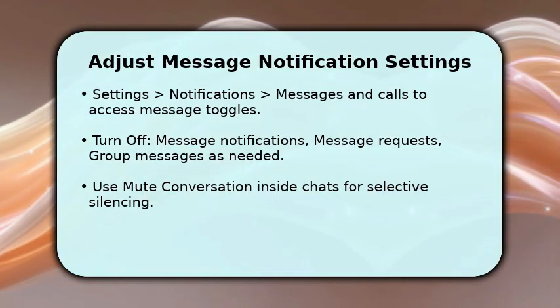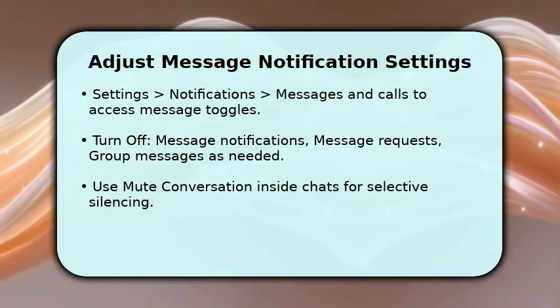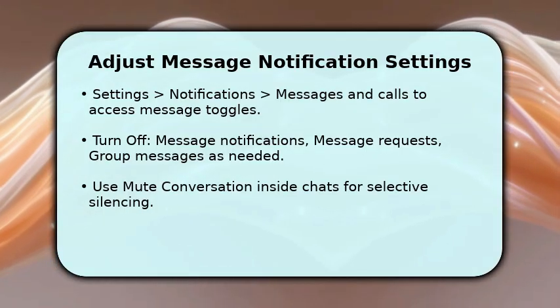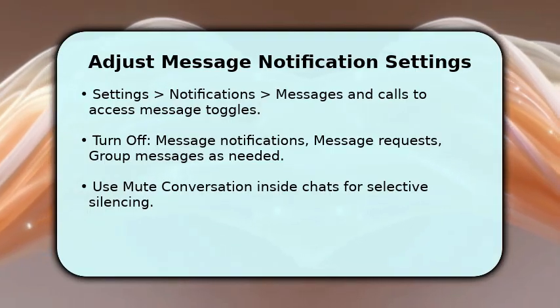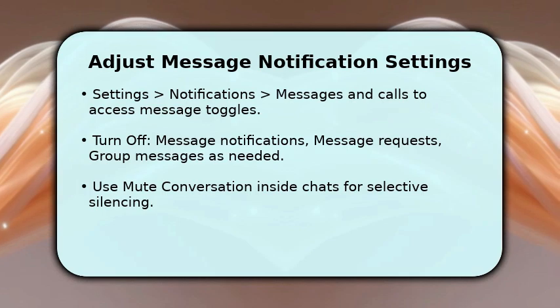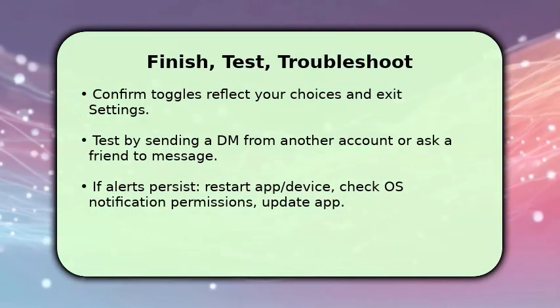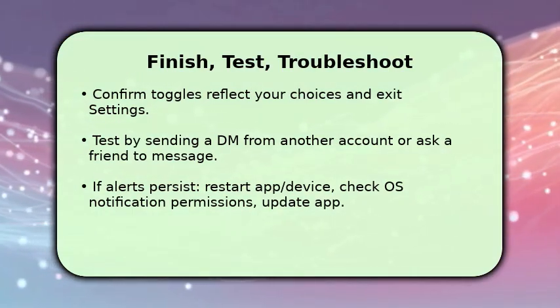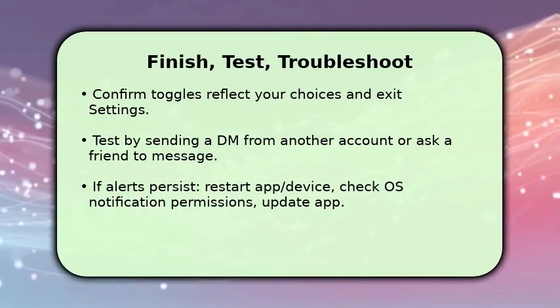Make sure to consider message previews if privacy is a concern. Turning previews off keeps content hidden on the lock screen. Finish by reviewing each toggle to confirm they are off, then exit Settings. You should test by having a friend send a DM or using a secondary account to verify no notifications